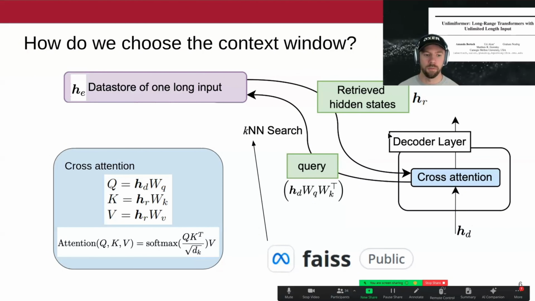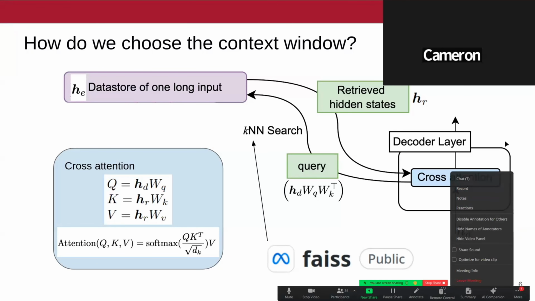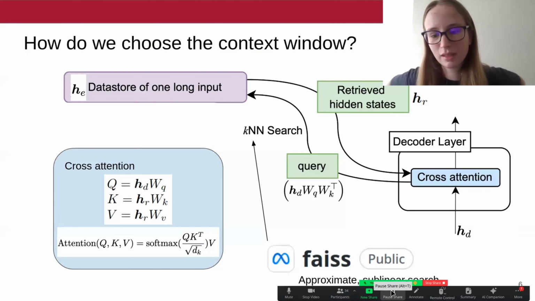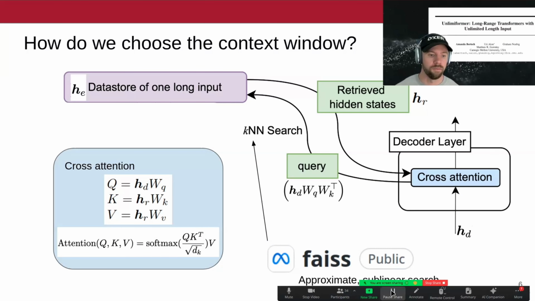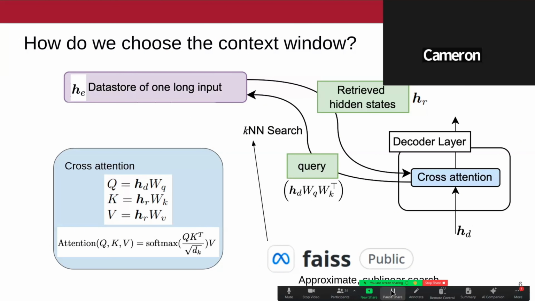Cameron, were you asking about the performance in terms of throughput? Yeah. Oh, sorry. The performance in terms of throughput is better with the approximate search, because you have less, because of that K parameter, how many you're returning. Because it's linear, not quadratic,